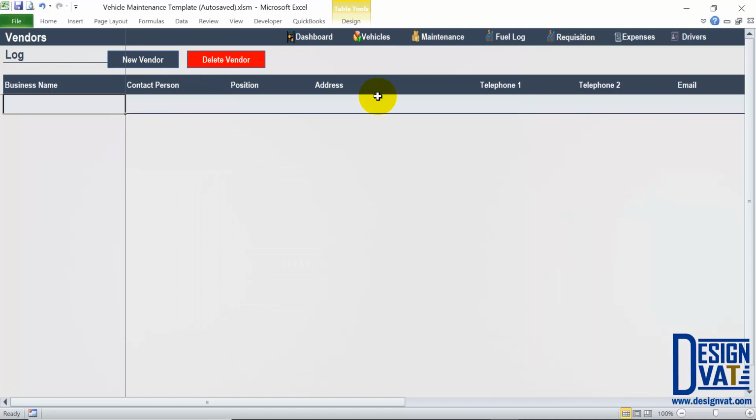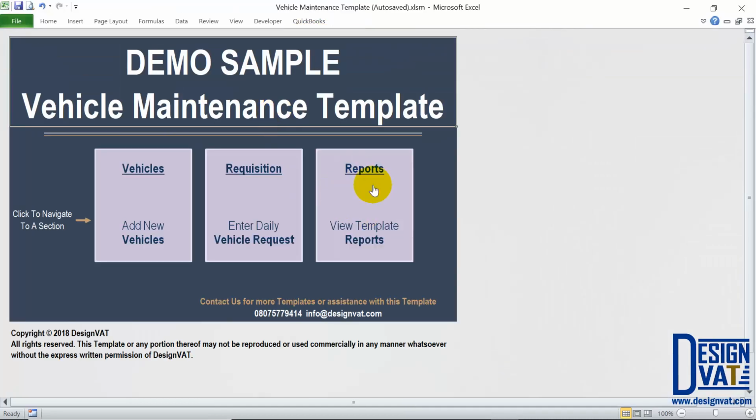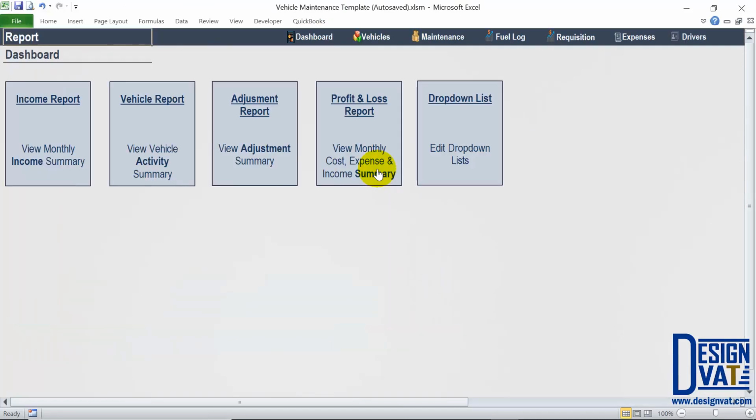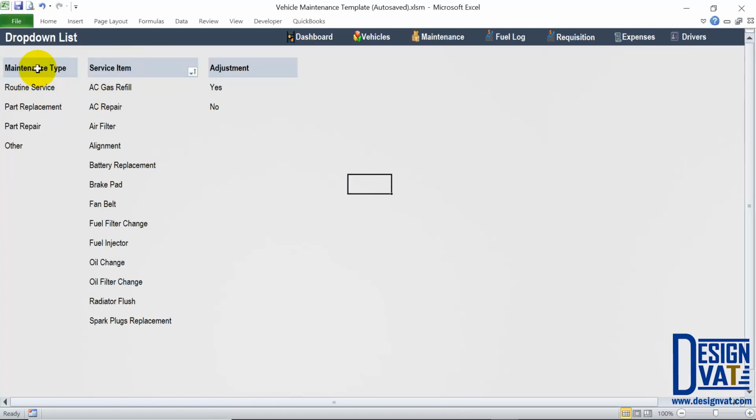Now we're going to go to the reports. So going back to the dashboard, recall that the third thumbnail had our reports. Now the template has a total of 5 reports. Well, 4 reports. The last is not really a report, it's a functionality that enables you to edit your drop-down list. So first I'm going to cover the drop-down list. Once you click, it takes you to that section. This is just where you modify the 3 drop-down lists in the template. Now most likely you don't need to modify the last drop-down list adjustments, but you might need to add additional